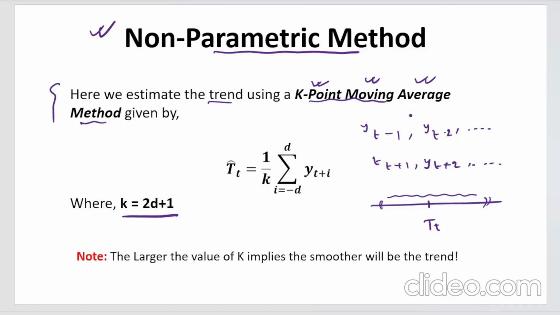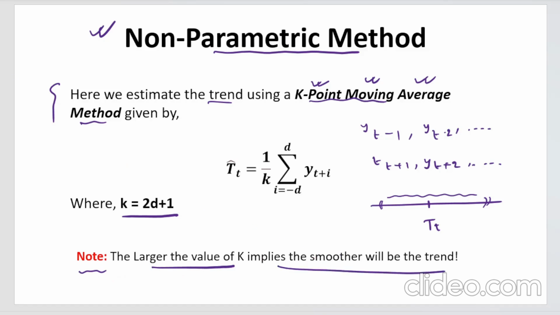That is the moving average because you are taking the lag values, right? So you are not considering only the yt value but the lag values of yt also. And you are taking the k point moving average. So 1 by k, you are dividing it by k, and that will give you your estimated trend, where this k is 2d plus 1. And one important thing to note here is that the larger the value of k, the smoother will be your